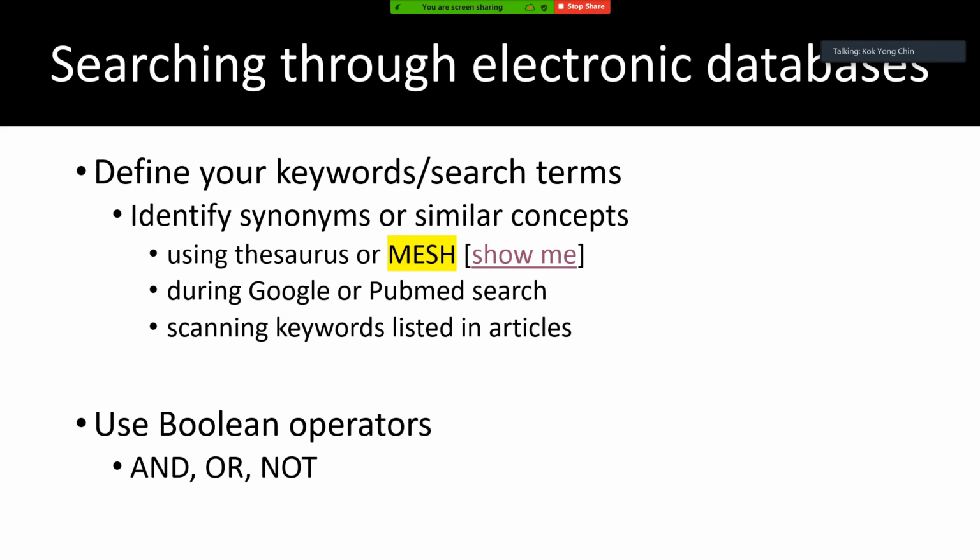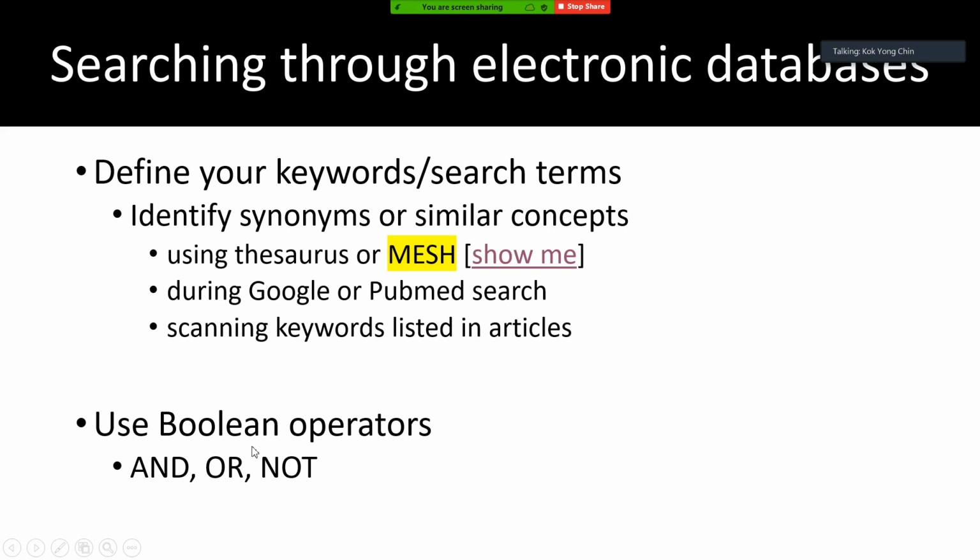You can also identify synonyms or similar concepts just by a simple Google search or PubMed search, because some of the search engines are very clever, so sometimes they can identify the synonyms or words with similar concepts in the search results. You can also scan keywords listed in the articles to identify the synonyms. Okay, so I will expect you to have a few synonyms or similar concept words in your search, and you have